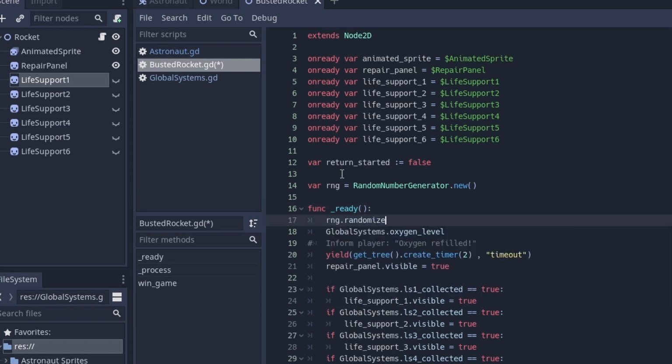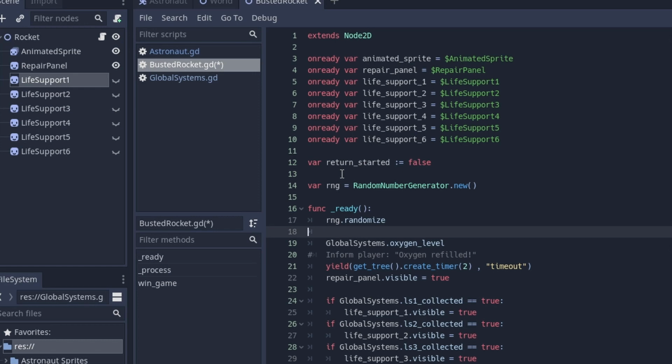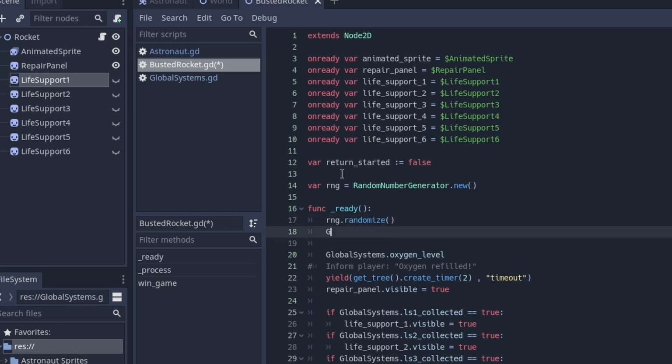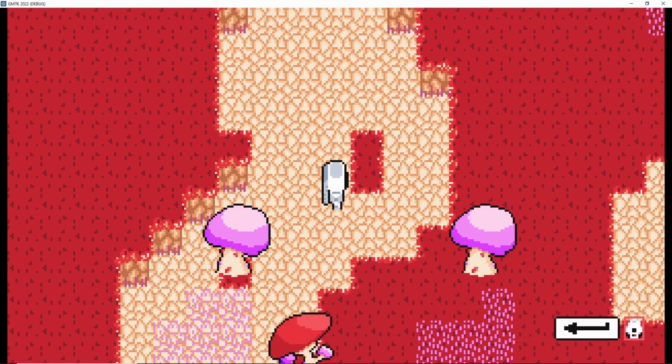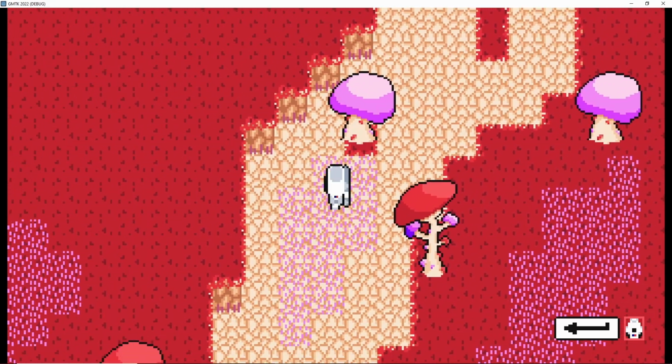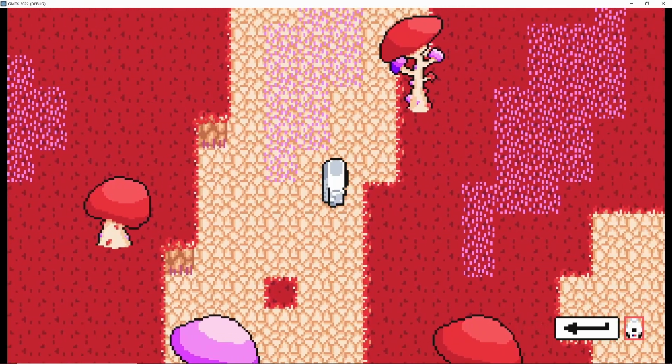Now, it might seem unfair if you randomly drop dead on the planet because your oxygen ran out, and that was the most important balance dilemma that I came across. I had to keep it fair, but interesting. The way I ended up doing this was by making an alarm go off not when the oxygen had a certain amount of time left, but when it hit a percentage of its original fill for that run.